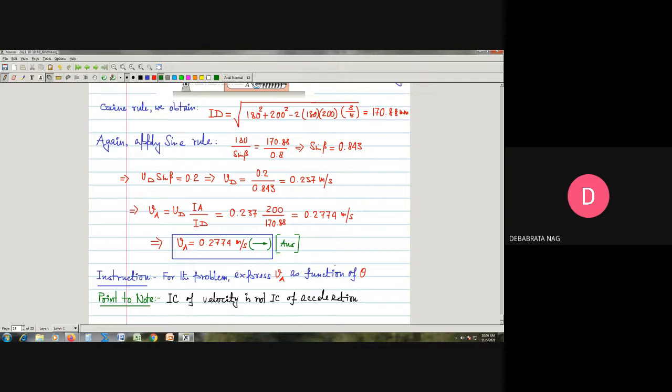Therefore we will not pursue finding the instantaneous center of acceleration, but it is to be clearly kept in mind that never the instantaneous center of velocity will be the instantaneous center of acceleration. So you see, this instantaneous center of velocity method is very much helpful for us,